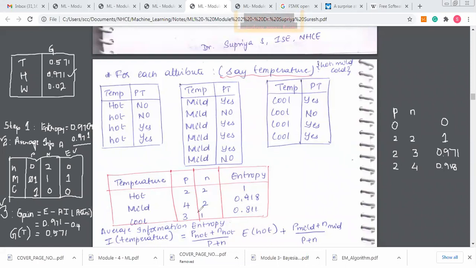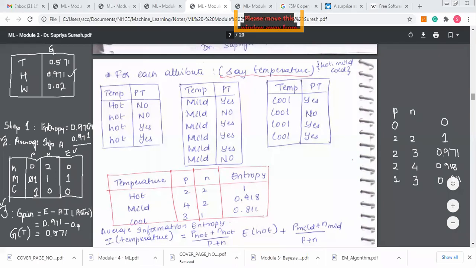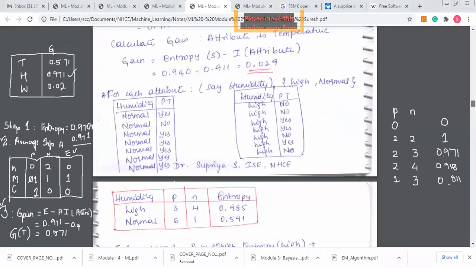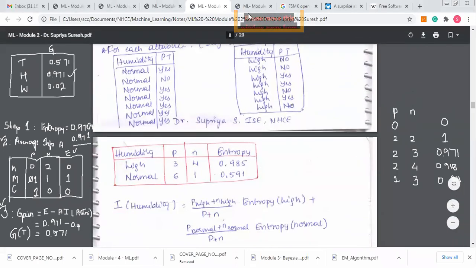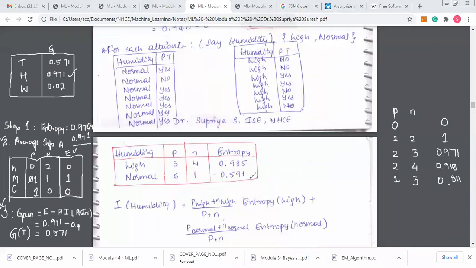So you can see here 1 and 3, in the ratio of 1:3. For the 1:3 ratio, it is 0.811. We'll go ahead. This is really a very good table for us because it will help us come up with, here you can see again, a 1 and 6 ratio.